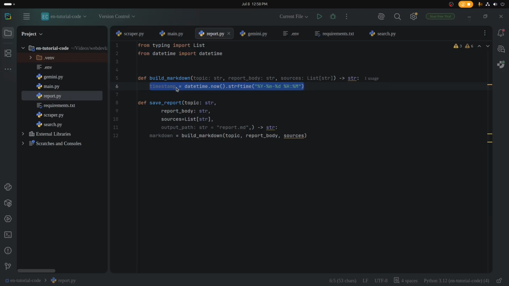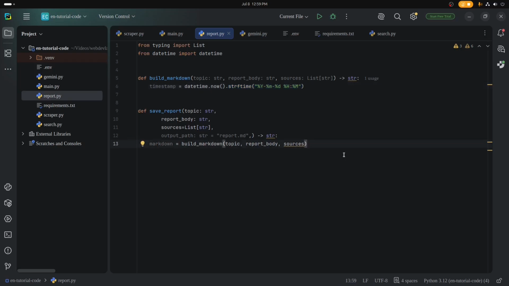With this we are going to get our current timestamp, and this strftime formats into a readable string like 2026-7-8 14:30. This is the time and date all together. You can understand it. We'll include this timestamp into our final report so it is clear when the research was generated. Then let's create sources